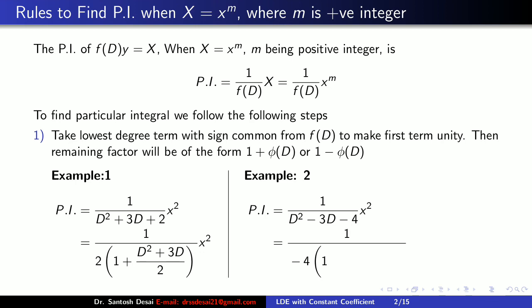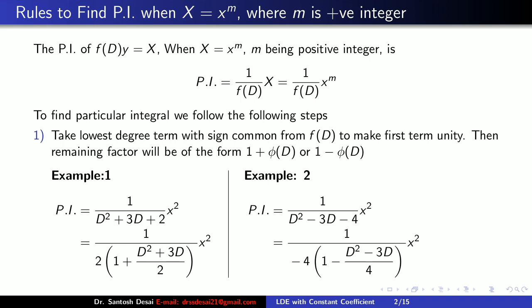Then first we write the remaining terms, that is D square plus 3D, in the numerator. In its denominator, we write the number only, not the sign. So just write the number only. So the number is 4, and the middle sign will be the sign of the number which is taken common. The number taken common is 4, its sign is minus. So therefore the middle sign is minus, and bracket complete into x square. Now I hope it is clear.